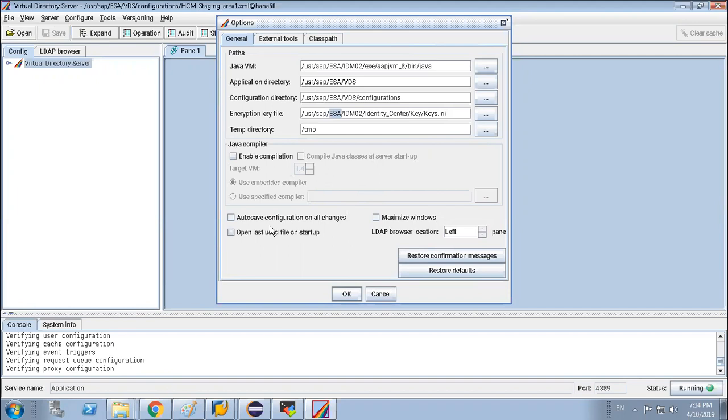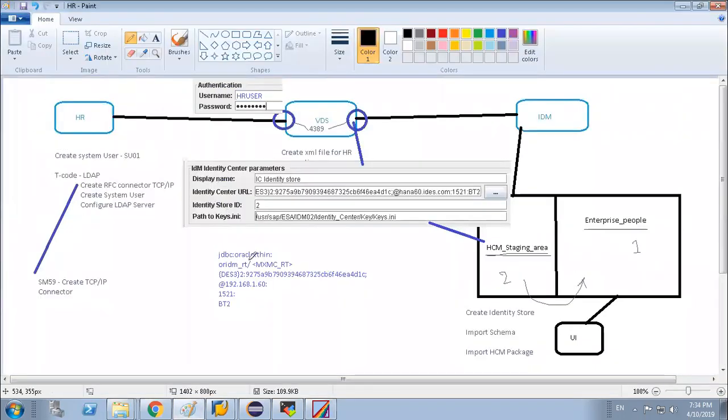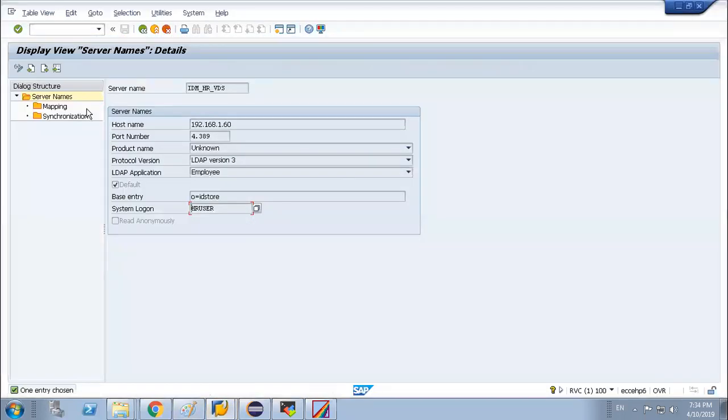You can check two things. What are the two things you have to check? The database information they will already have. The only thing you need to know is the user ID and password given during creation of that XML file, because you need this database user ID and password when you will be configuring this LDAP server.